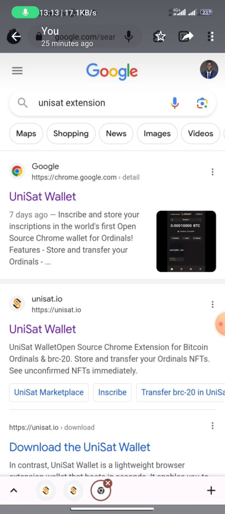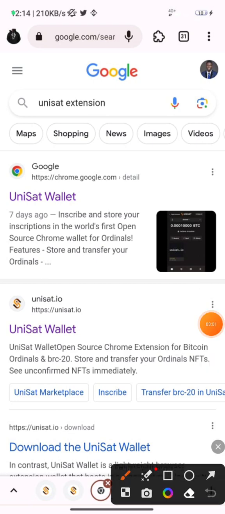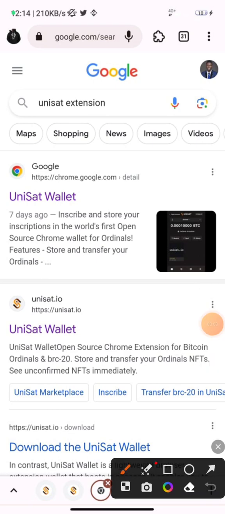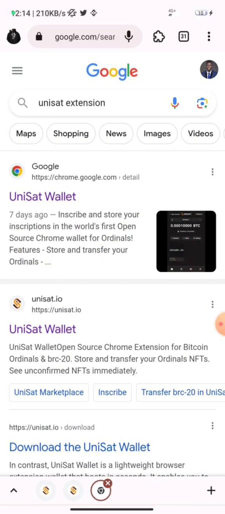I am using my phone. If you are using your phone, go to Play Store and install MEXC Browser. Once you install MEXC Browser, MEXC is spelled M-E-X-C-S. Let me spell it so you can see. MEXCS. Once you install it, you open the MEXC Browser, and on the search area,